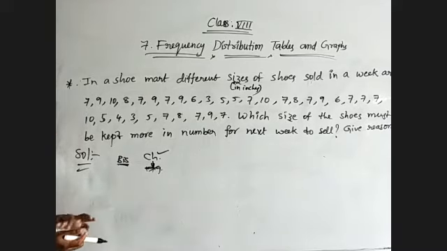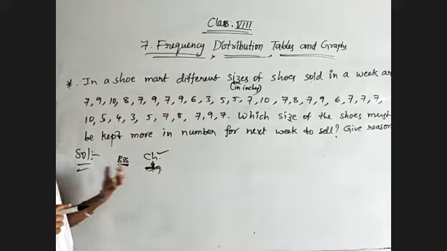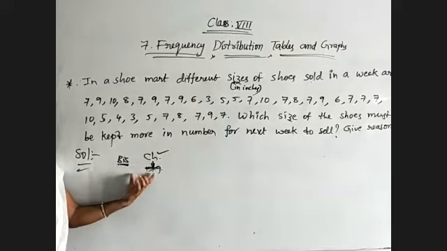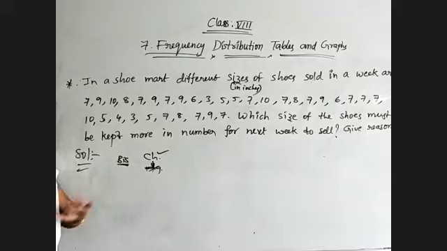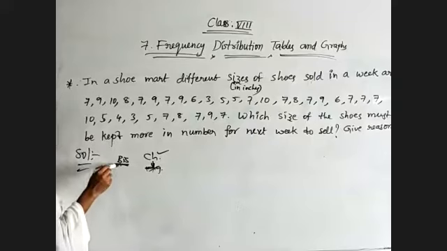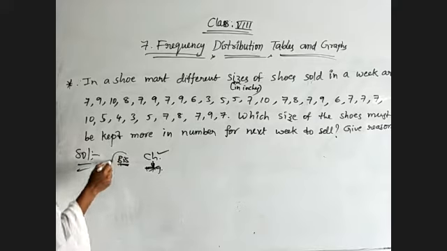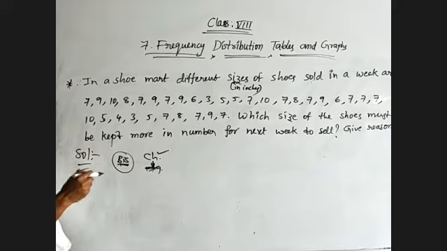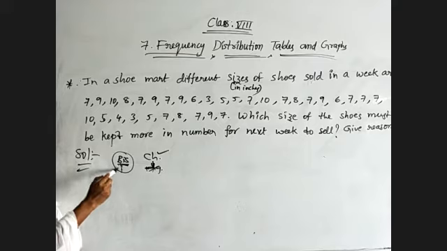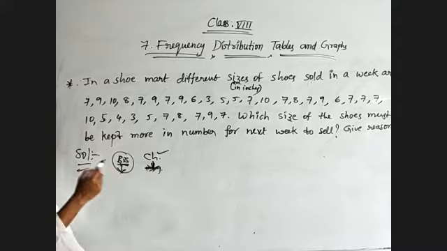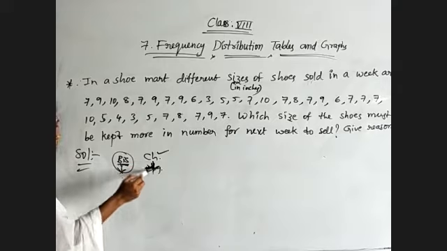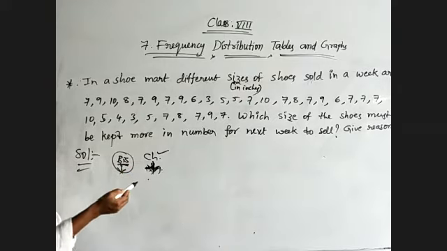Next time, if the shopkeeper buys the same number of biscuit packets as well as chocolates, then that is not an appropriate measurement. Why? Because he already has biscuits. If again he takes them, then the number of items will increase. This one, no need to bring next time. What is sold more, that one he has to bring next time. This means he needs to buy chocolates in more number for the next week.